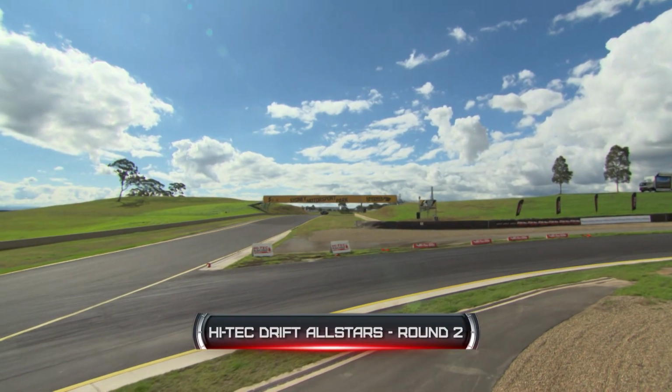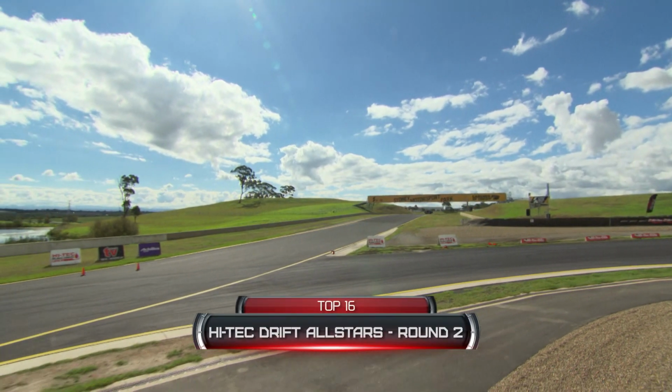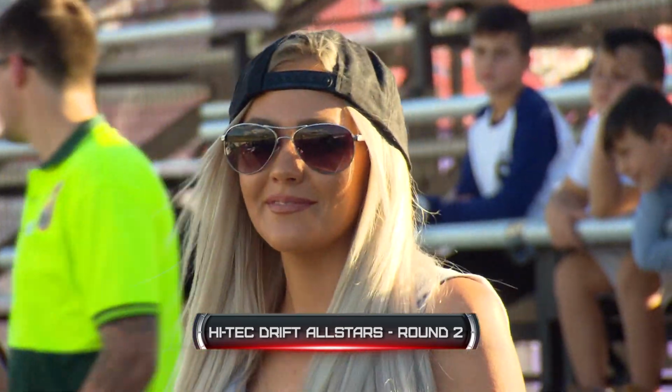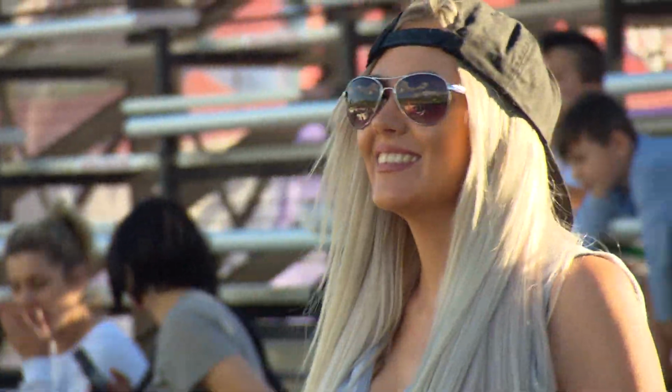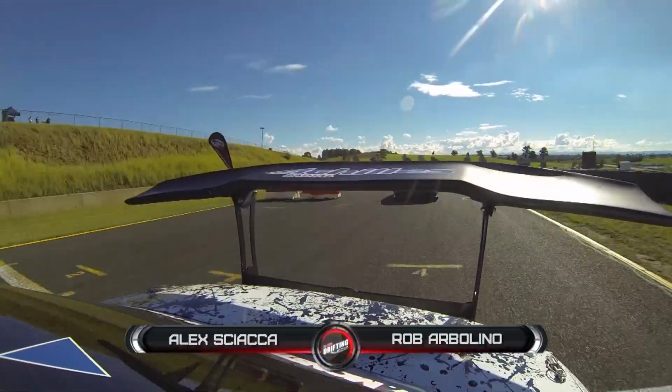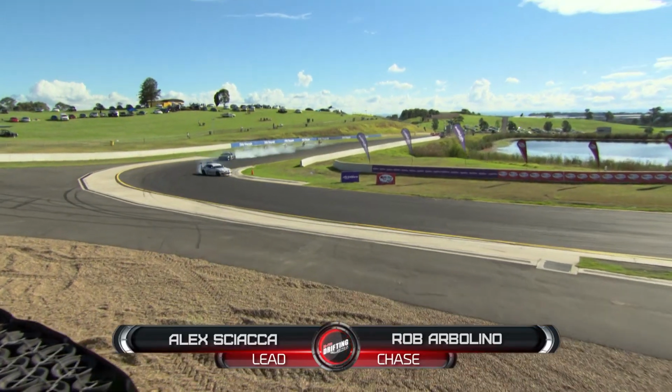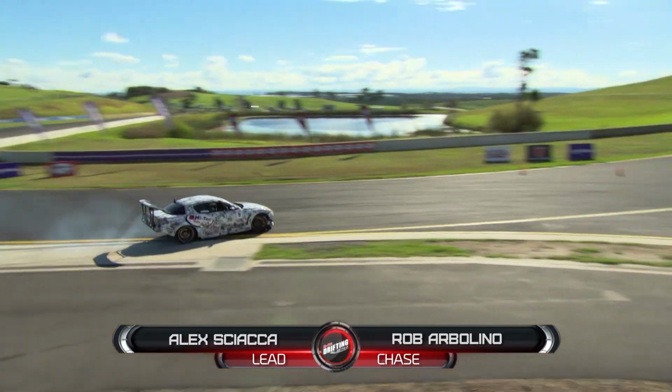He certainly has stepped it up in 2015 with that brand new Hi-Tec wrap, and that car looks absolutely spectacular. The RX-8 had its issues with reliability last year. Hopefully he's going to have a bit more luck this year. He's sitting top 5 in the points. We ride on board with him now, leading ahead of Rob Arbolino, with a big lock-up for Rob on approach